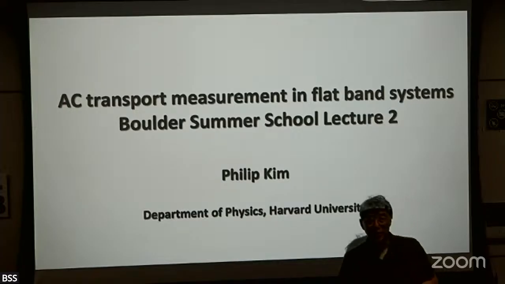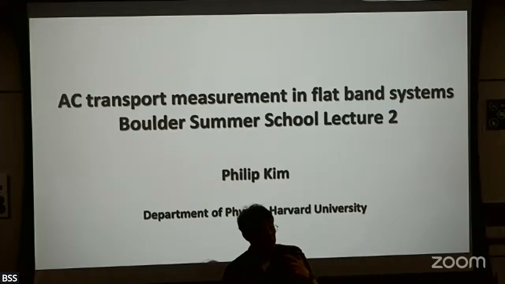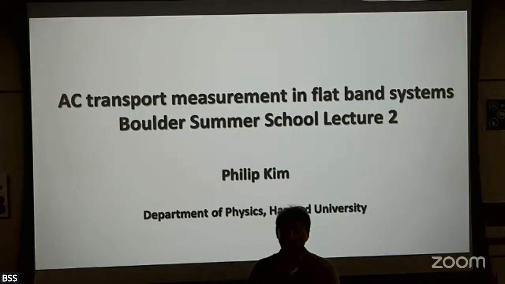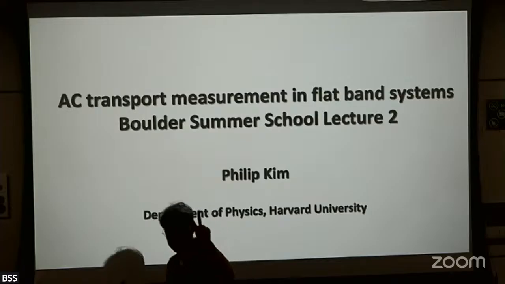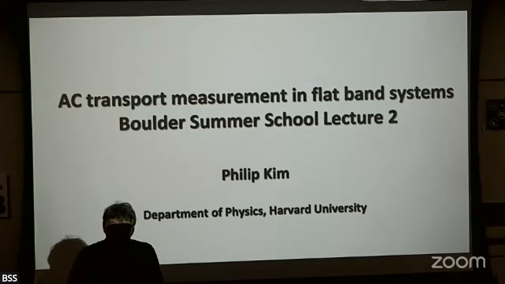I'm going to claim that, in fact, this AC type of measurement will immediately give you really rich information. Experimentally, it's already richer, because DC transport will give one number, right? I'm just sending the current and measuring the voltage, one number. If I turn this into AC, I start to get two numbers. What is the response of the amplitude? And because it's AC, there's also a phase relation, right? So amplitude and phase is already double the information that I can get in DC. So experimentally, there are already many more things you can think about.